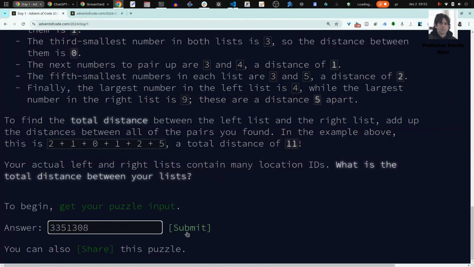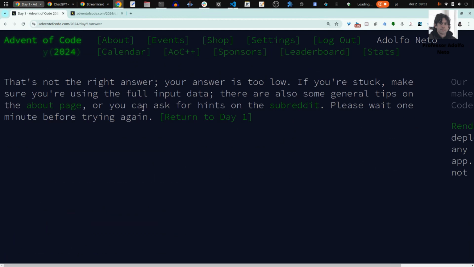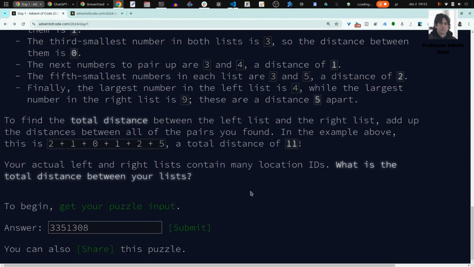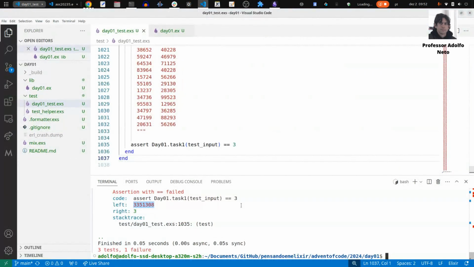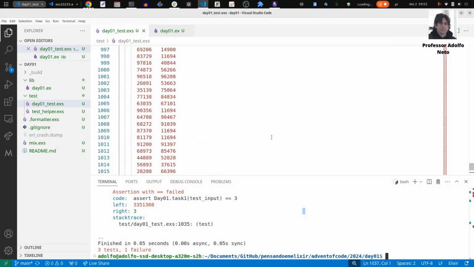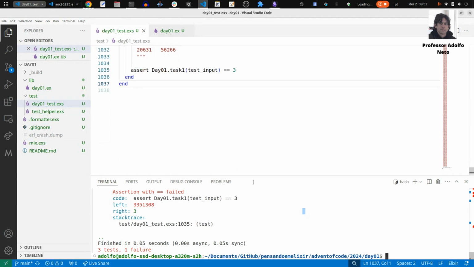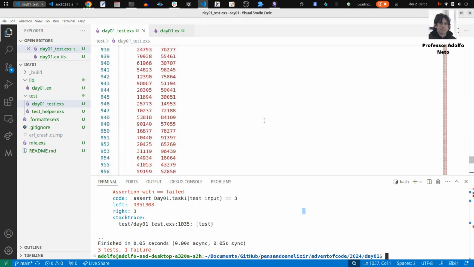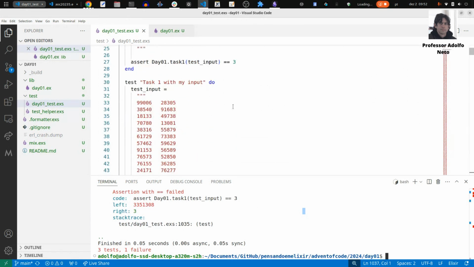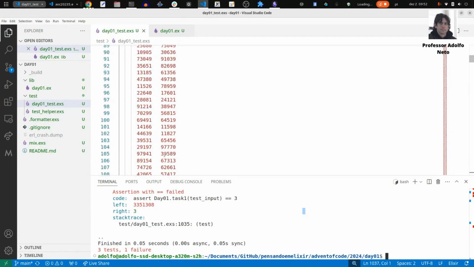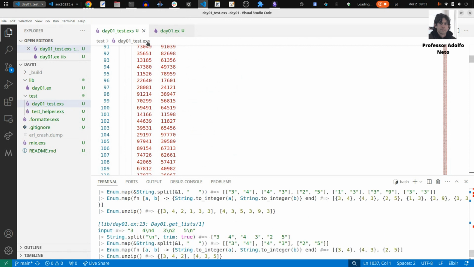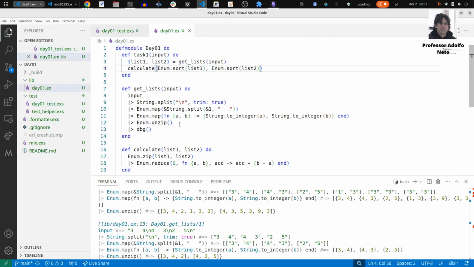And then I submit here. If it says, oh, you got a star, the solution is correct. That's not the right answer. Your answer is too low. So I did something wrong. It's fun that the solution is maybe because there are something here which shouldn't be negative. I don't know, but